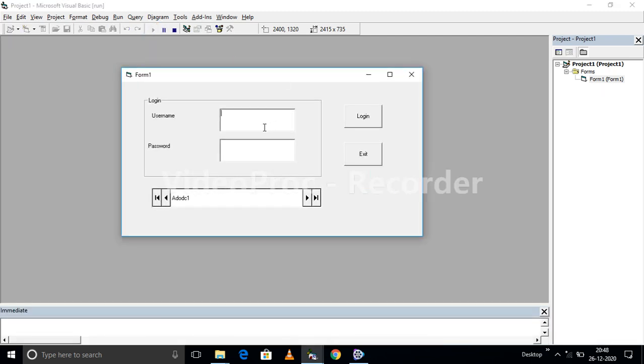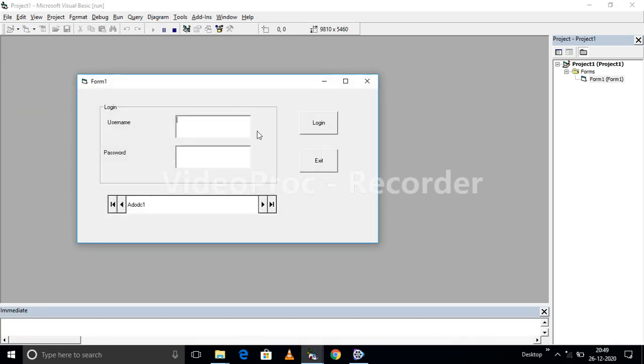So here I am going to give some username AAA and I'll give the valid password only. Now when I am giving the password, you can see the characters are appearing in the form of stars. Okay, when you click on login, it is saying valid login. Okay, I'll show you one more execution wherein I'll give some invalid login. Like this. As you can see, it is showing invalid login. So like this, we can design the login page by using the ADO data control, and we are able to validate it from the database.